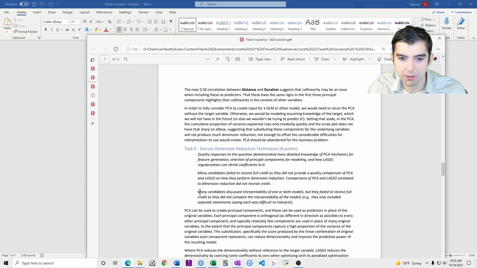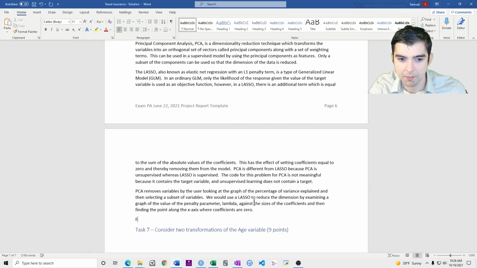Many candidates discuss interpretability of one or both models, but they failed to receive full credit as they didn't compare the interpretability of the models, i.e. they only included separate statements about which was difficult to interpret. Yeah, of course, for PCA, the results are not interpretable because they are linear combinations of the variables.